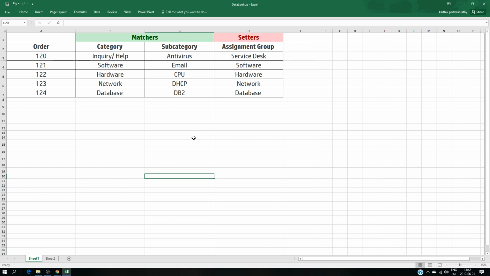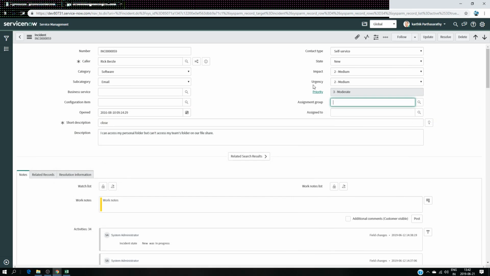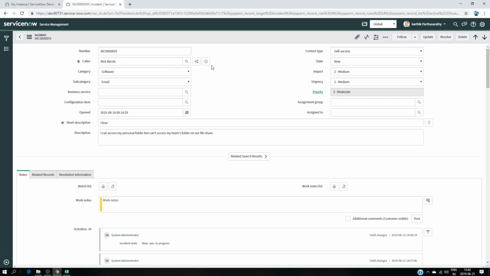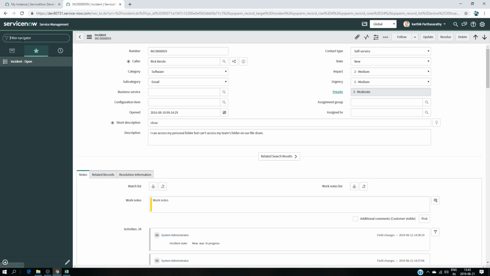So let's start to create the data lookup table and put this data and see if this thing is going to work or not. So that's what we are going to do right now. Okay, great. So in order to do that, the first thing you need to do is to go to Studio,